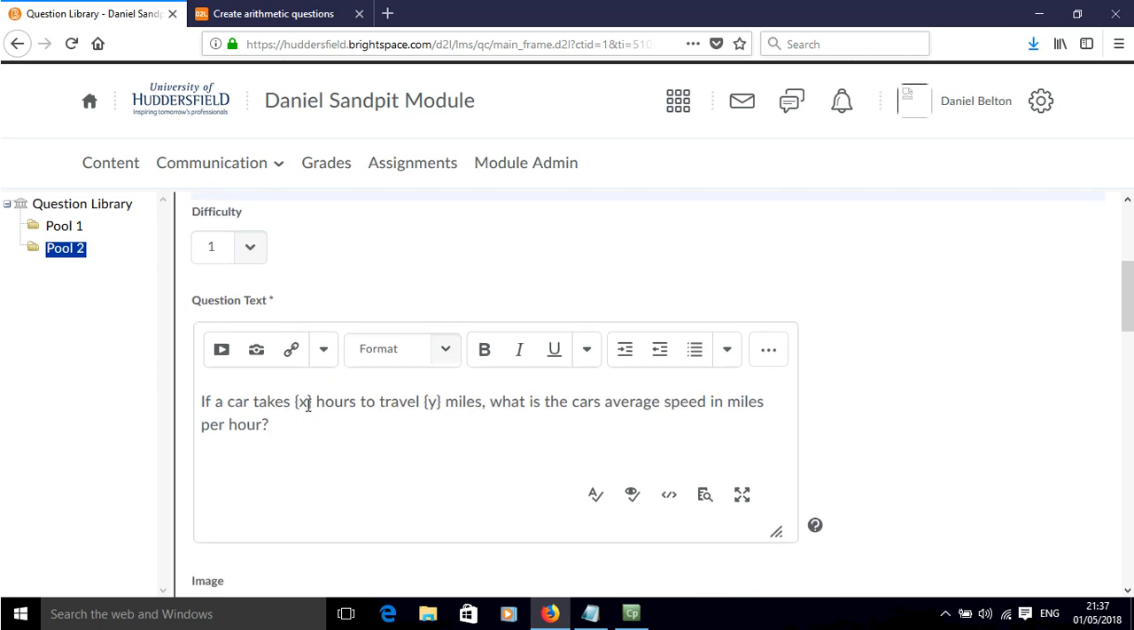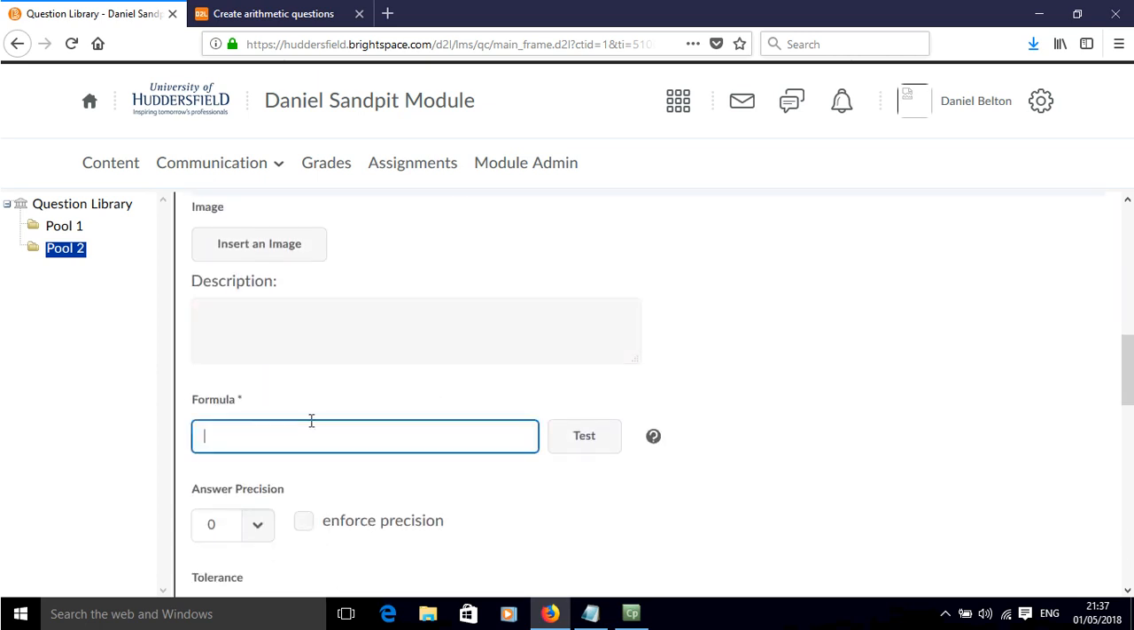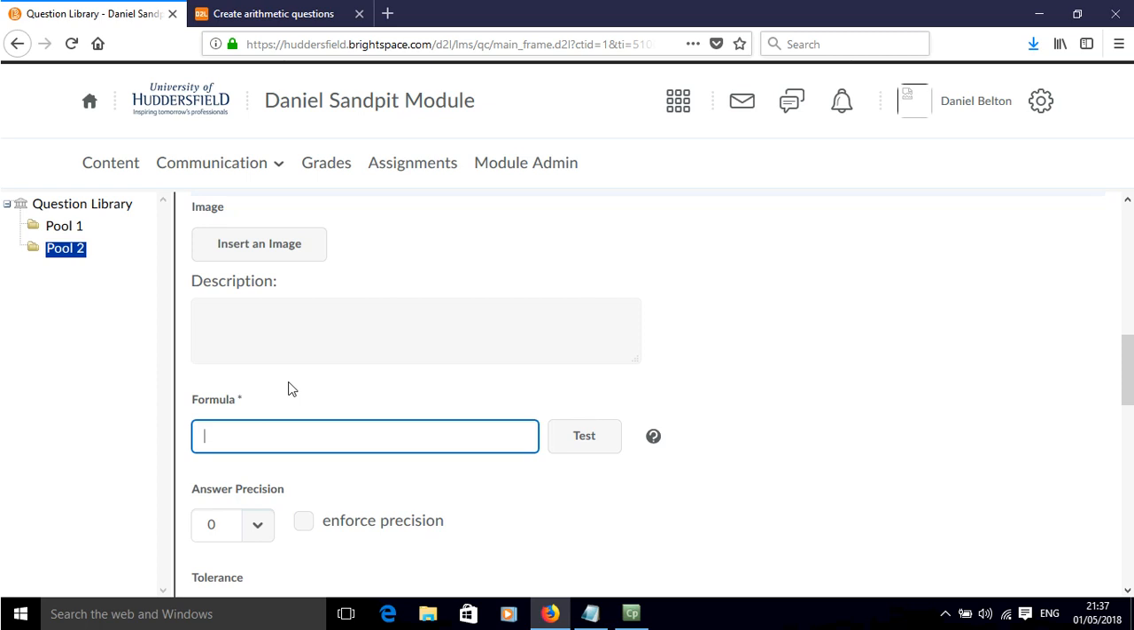And this time you'll notice I've got some variables in curly brackets, and that's because I'm going to use these variables to do a calculated formula where I'm going to have ranges of values for x and y and tell Brightspace what the formula should be. So the formula in this case is going to be to work out speed. So it's going to be miles per hour, so it's going to be y over x. So we simply do y in curly brackets divided by x in curly brackets,